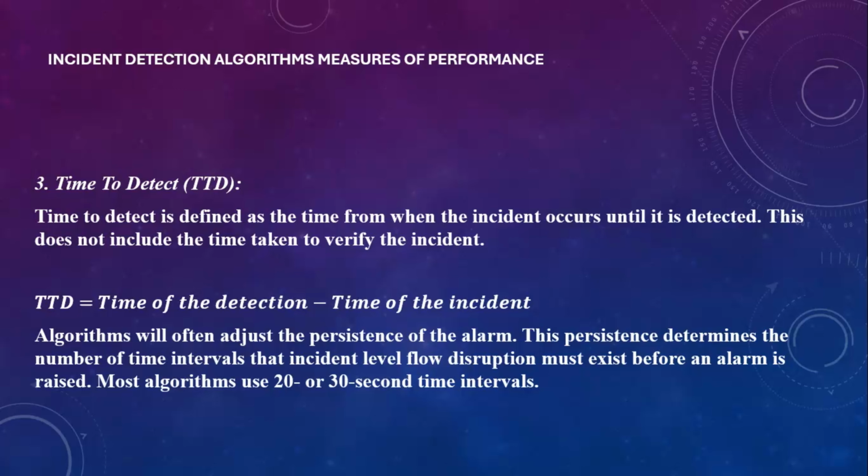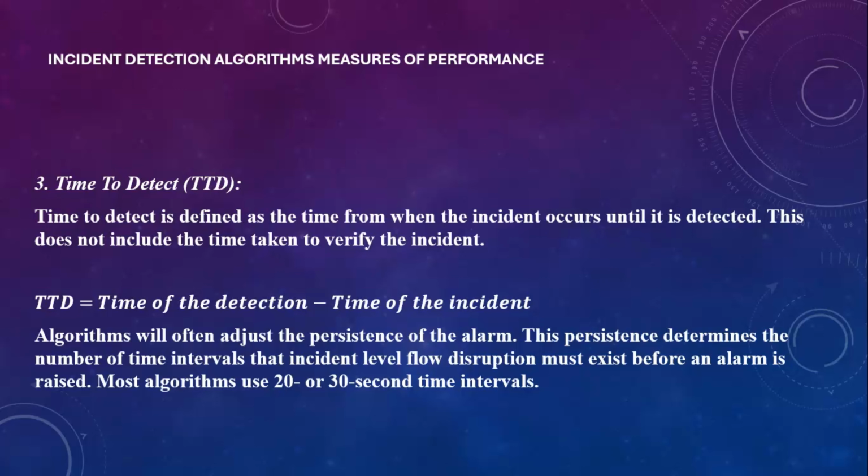Let me explain. If the actual time an incident happened on the road is 4:30 p.m. and the algorithm detects that incident around 5 p.m., that means it has a longer time to detect, which is not desirable. In terms of seconds or minutes, the longer the time to detect, the less effective that particular algorithm is. Because the idea of having these technologies or algorithms or detections in place is to be able to respond to any incident on the road as soon as it